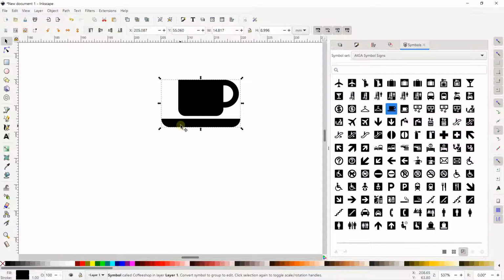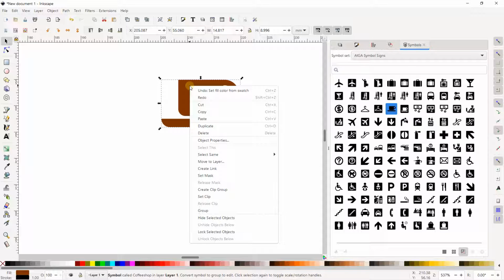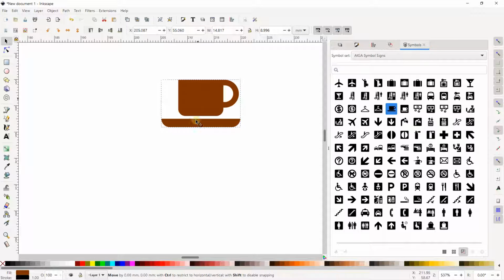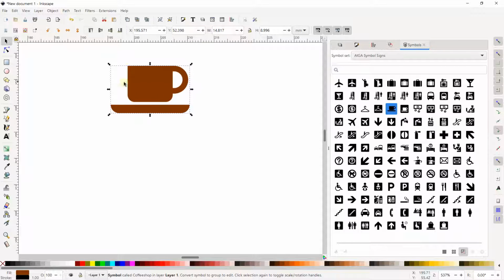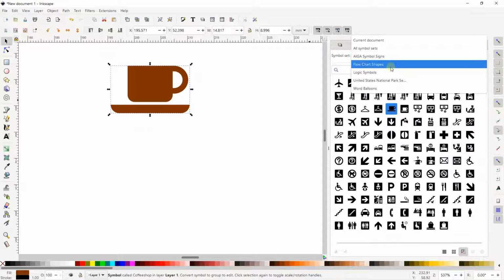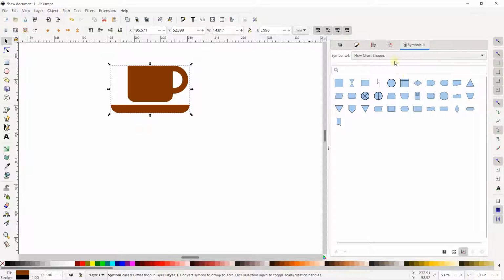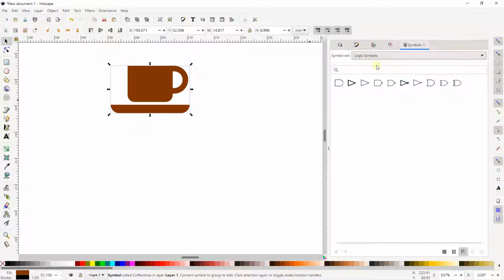You can at any moment also change the color of the cup of coffee. If I double click here, I don't have the possibility to make some change. If I right click, as you can see, it's already a symbol, but you can only change the color. If you use your Edit path by nodes, it's not possible. So it's just a symbol that you can use and change the color, but nothing more.